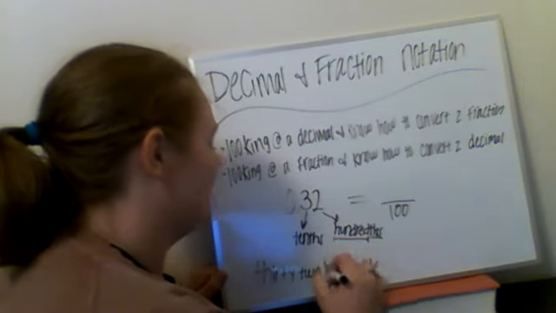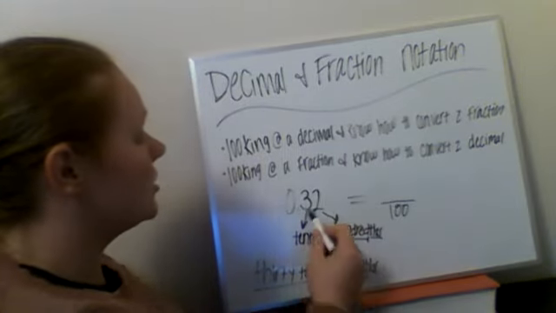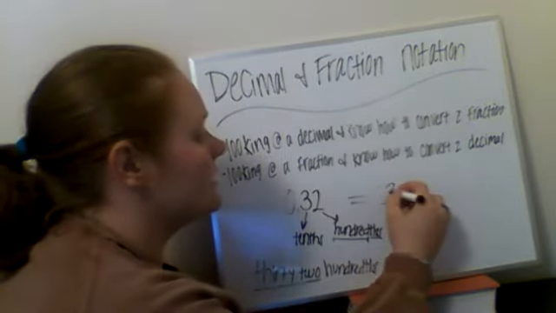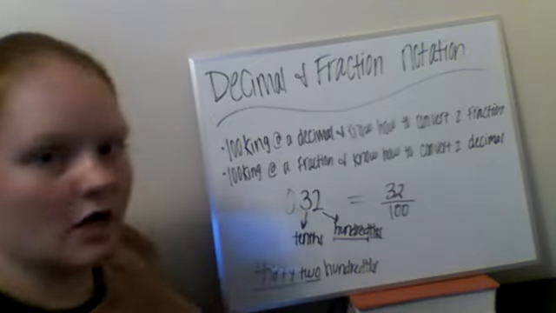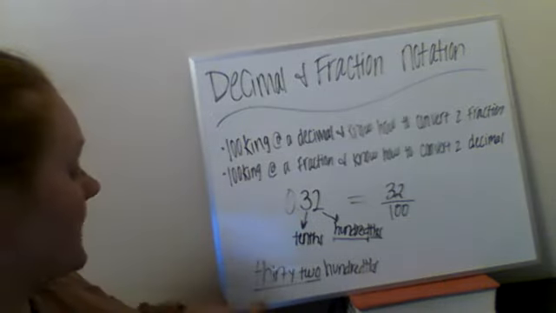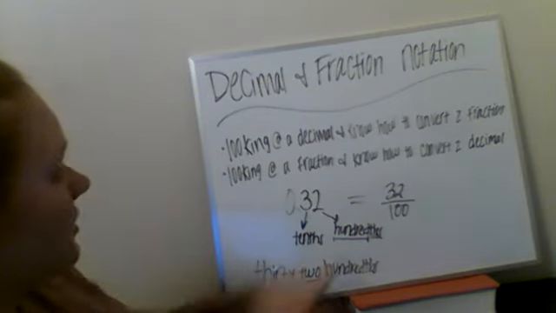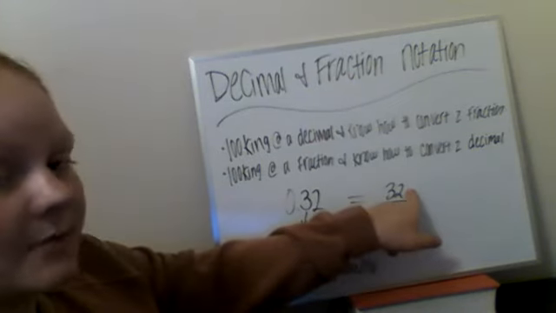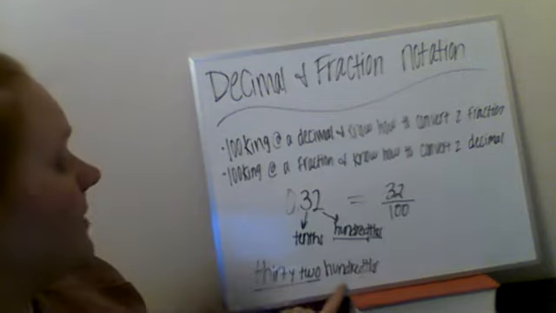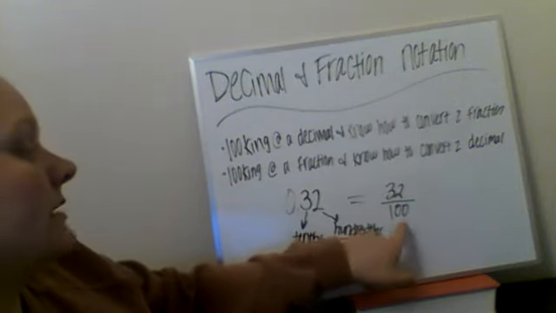Okay, the word that sticks out is 32. So what I'm going to do with this number, I'm going to place it over 100. All I did, I took my main number out of my decimal. So if I was to write this out, I would have 32 hundredths. I put my 32 on top, that's being my numerator. And then I put my hundredths in the denominator because it's going to be in the